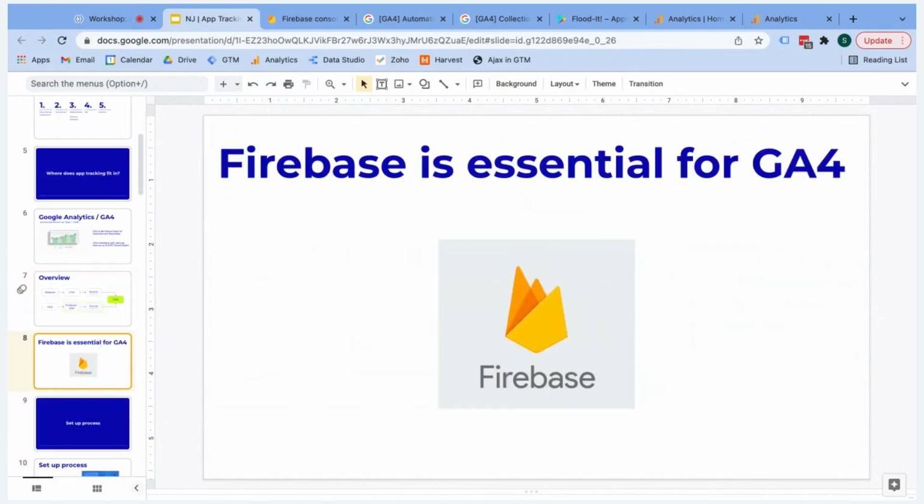I'm sure you would have seen there that the SDK for Firebase is part of this journey, and it is essential. There is no other way to get app analytics data into GA4 outside of Firebase. Google owns Firebase. That is why it is part of this process. They have invested a lot in this platform, and it's a requirement. And to be honest, it's actually not a bad requirement. It is one of the simpler